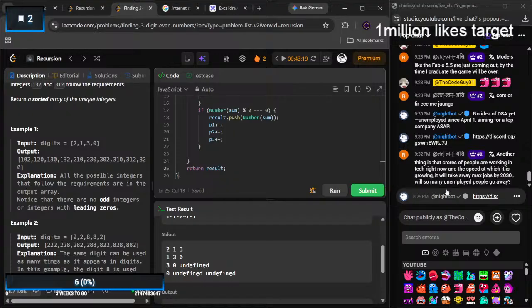टेक में टाइम टाइम पर करोड़ों लोग काम कर रहे हैं। AI जिस स्पीड से बढ़ रहा है, 2030 तक मैक्सिमम जॉब ले जाएगा, इतने अनएम्प्लॉयड बंदे हो जाएंगे।